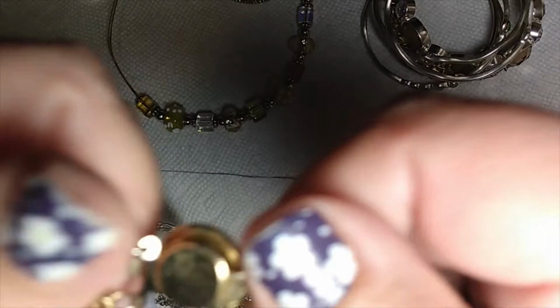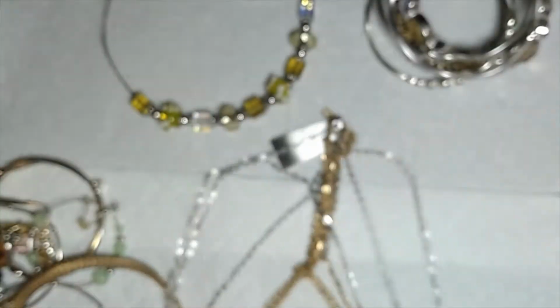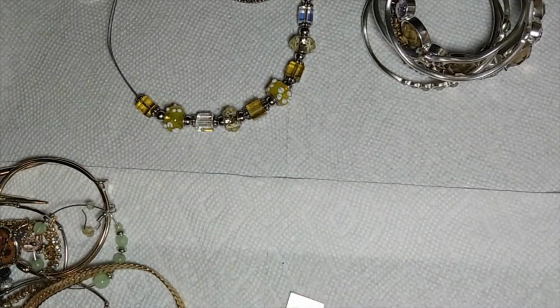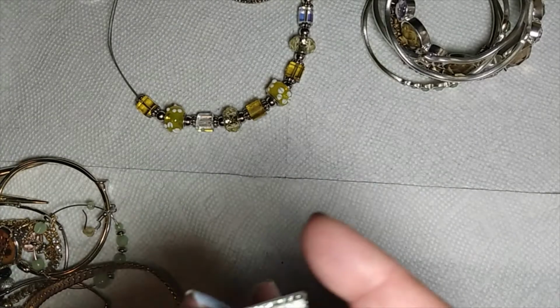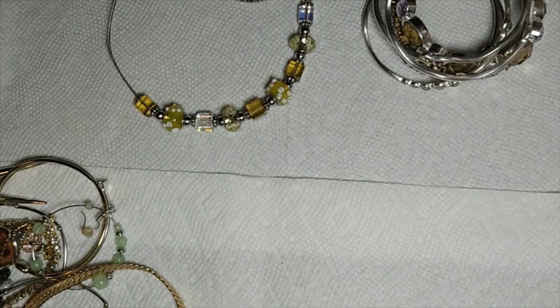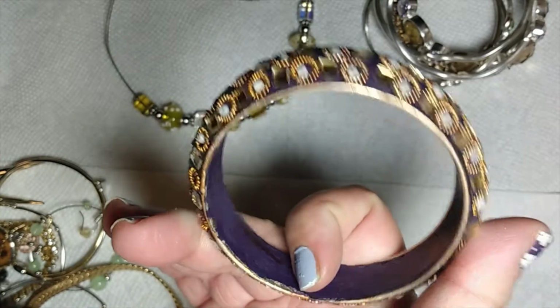So this has silver and gold tone coming out of the sides, and then it comes down. This is still a little tangled up in here, and I'm going to have to work at that, but the point is the two sides come down into like a glittering pendant, and I will invest some time later to untangle that, but I won't bore you with it now. Here's like a thick bangle type bracelet, plastic on the inside,